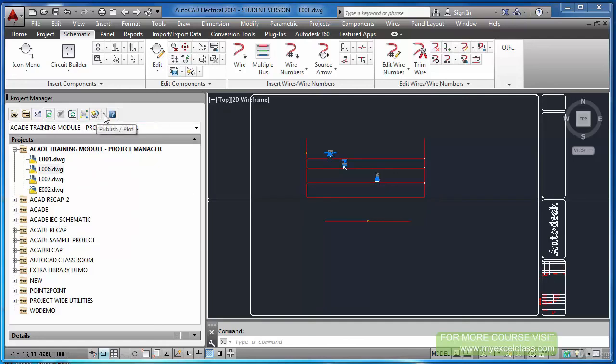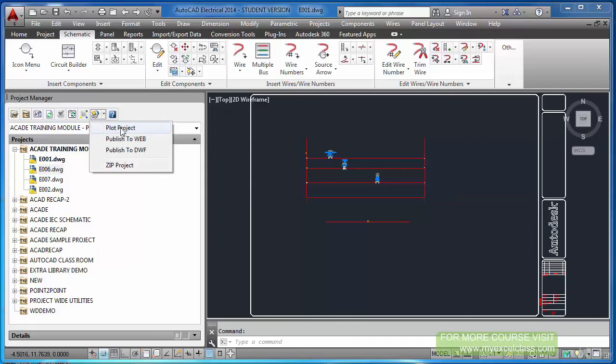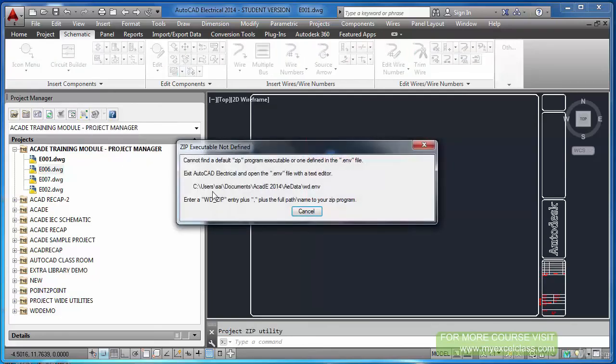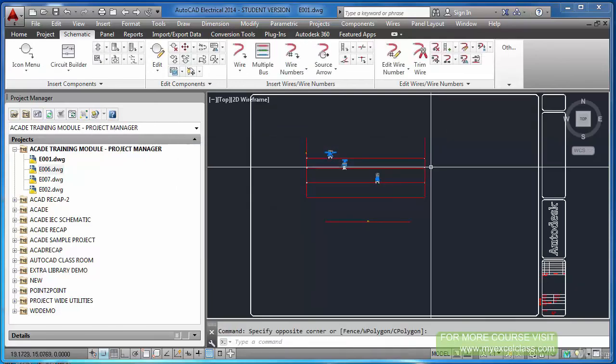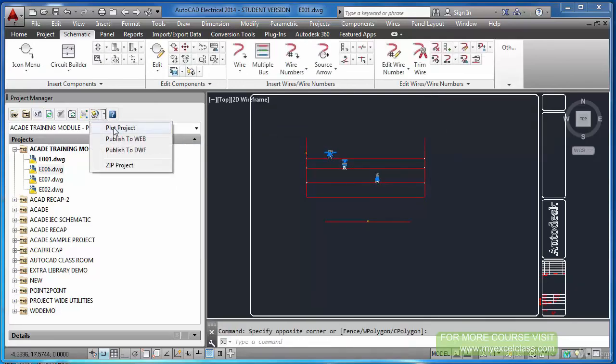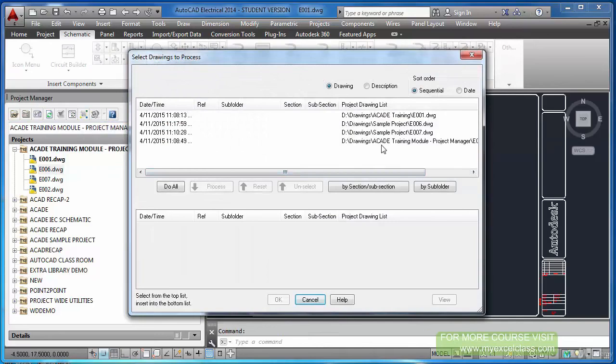And finally, this plot project, you can publish to web, DWF. You can zip the project, but make sure the zip utility is installed in your PC. So plot project, if I go here, see all the drawings in this particular project are here.